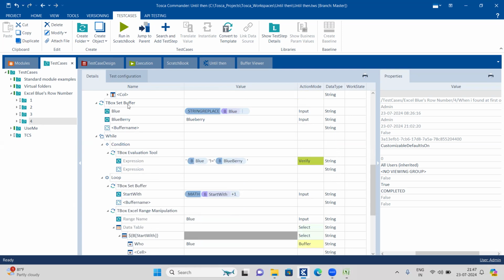And then in TBox Set Buffer, I have replaced the space in between the two words, and then I have set blueberry as the buffer name and the value also blueberry. Then I have used loop statements. In that loop statement,